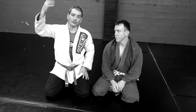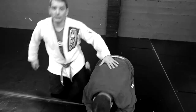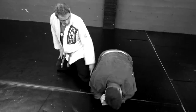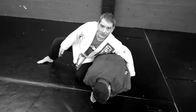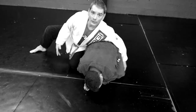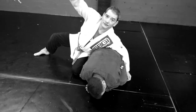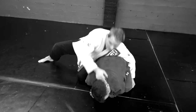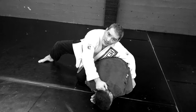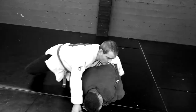Now, and some things that you can do with the outside hand while you're doing the other stuff we just did. So I'm going to build my posture. My leg's going to line up with his leg. My hip is going to touch his hip. My arm is going to wrap around and keep it low around his hip. Notice I'm not doing this, I'm staying upright. So this hand has a few things it can do. One, it can grab the collar here and then apply pressure to his head, keeping his head attached to the back. That's really nice. Two,